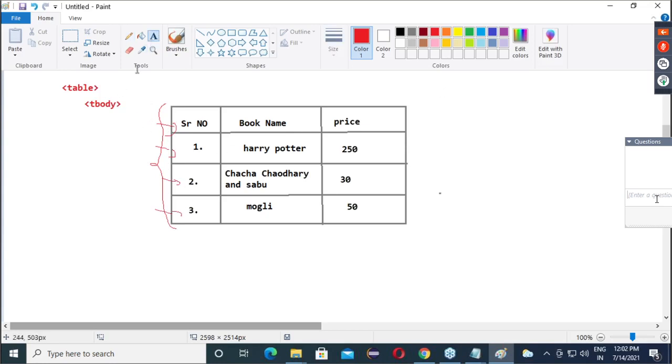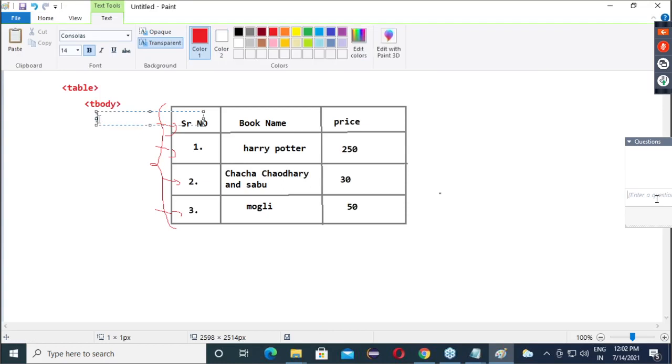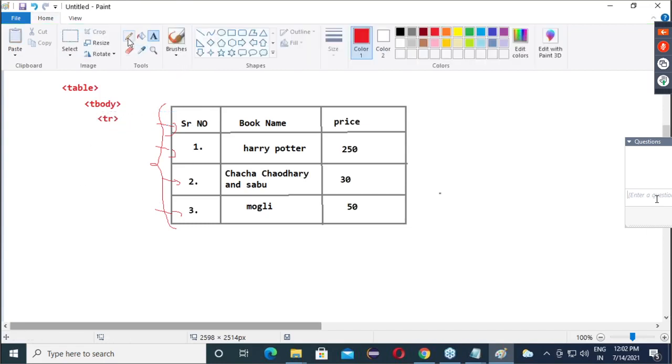Rows are represented by tr, table rows. Now, inside rows, what is this? Data. Correct.